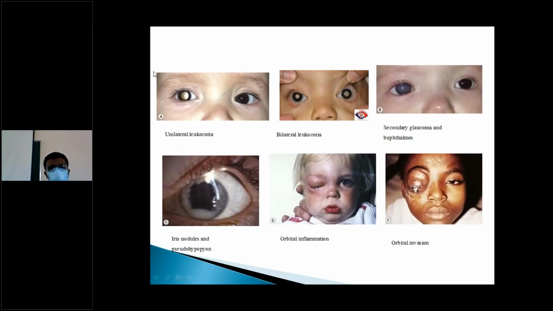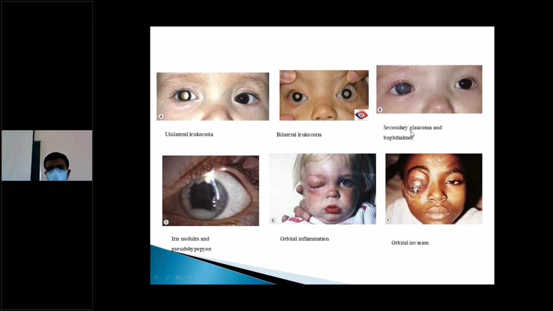Here you can see this is leukocoria. Whitish reflex in the classical picture. Whitish reflex in the pupillary area. Unilateral leukocoria. Here you can see it in both eyes. You can see the blood vessels also in the second eye, the left eye. Bilateral leukocoria. This is presenting with secondary glaucoma. Enlarged cornea. You can see the cornea here. It is small, clear. Here the cornea is large, the eyeball is large. You can see the conjunctival congestion, corneal edema, the cornea has become opaque.